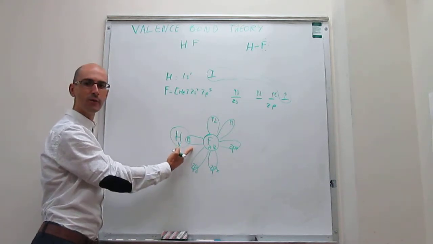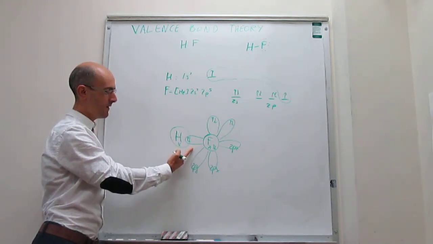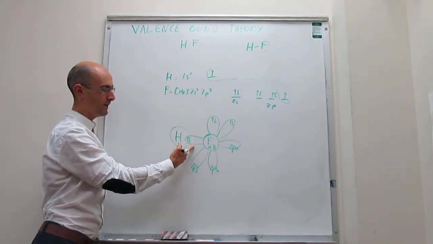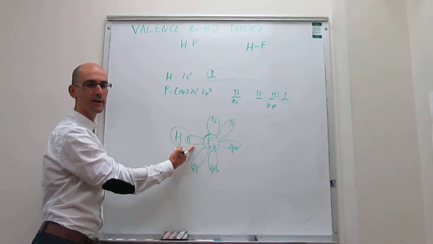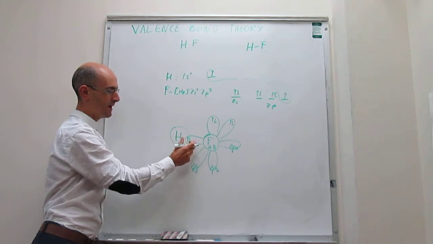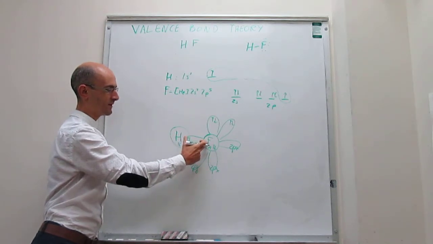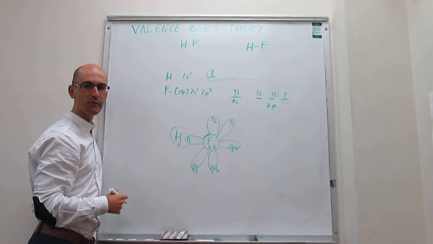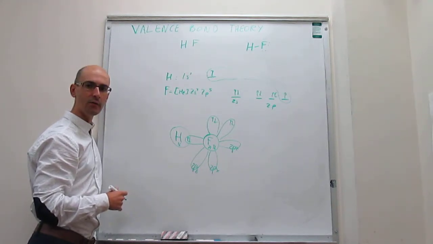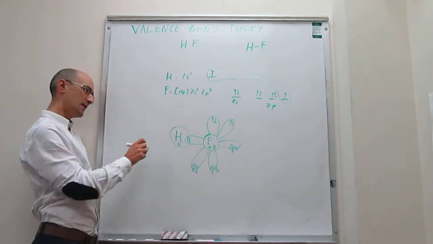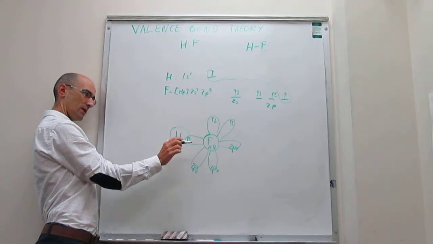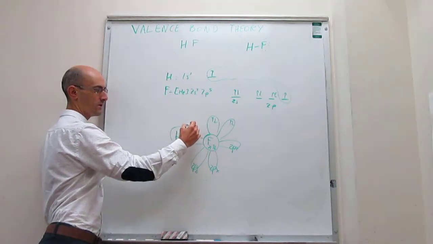So in HF, according to the valence bond theory diagram, the bond is formed by the overlap of the 1s wave function of hydrogen with one 2p wave function of fluorine that is singly occupied. That gives you 2 electrons in the same region of space. Now these 2 electrons can be simultaneously attracted by fluorine and hydrogen, and that is what forms a covalent bond. When we think about the symmetry of the electronic density around that bond, if we look at the molecule from this angle, we can see that there's cylindrical symmetry around that bond,